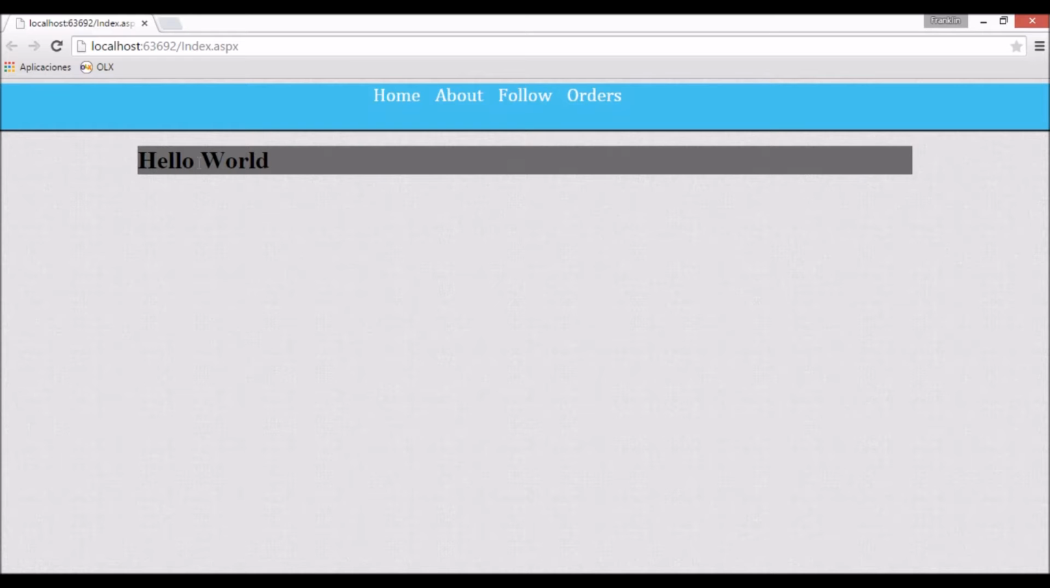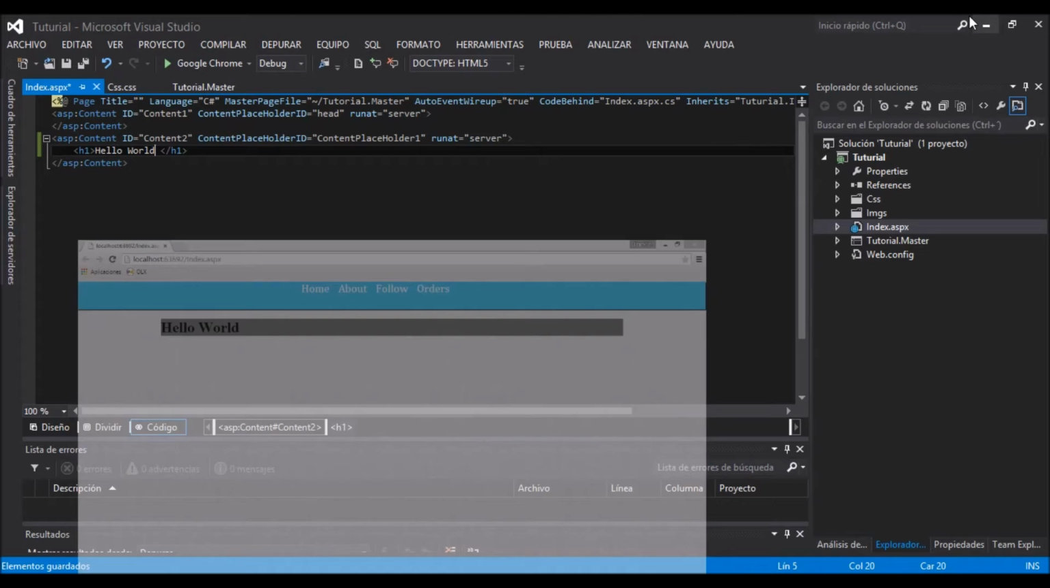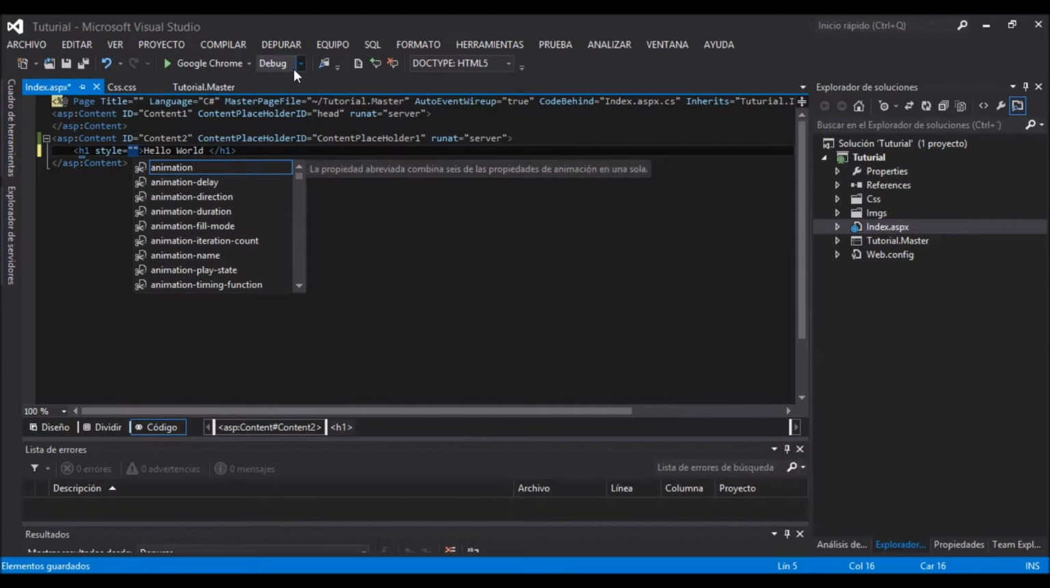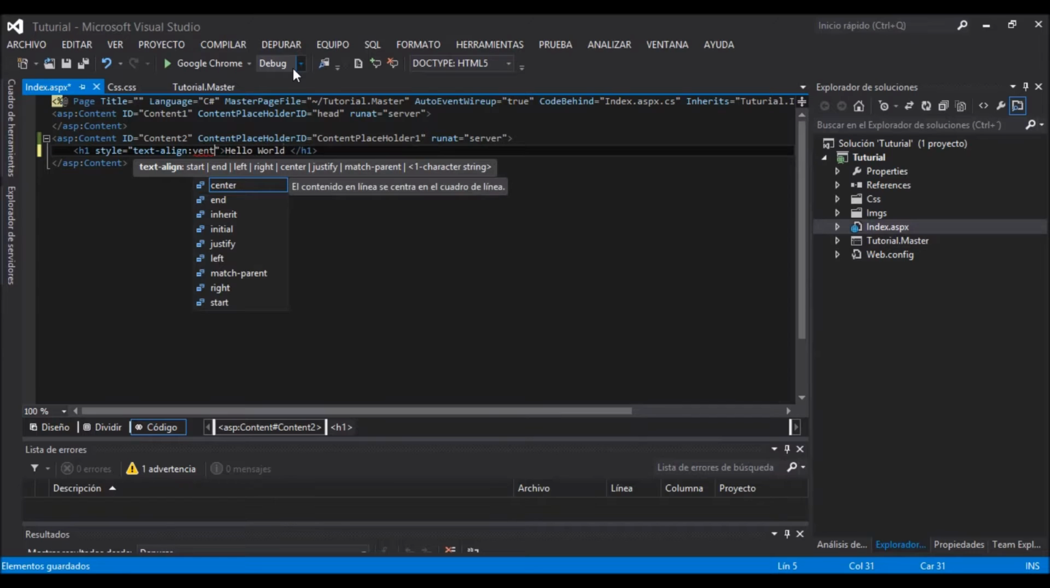So right now, as you can see, we have this. The div will increase its height while you start writing. I will give a style for this H1, and I'm going to do it from here. Style, I'm going to select a font. I need the text to be in the center, so I will select text align center,